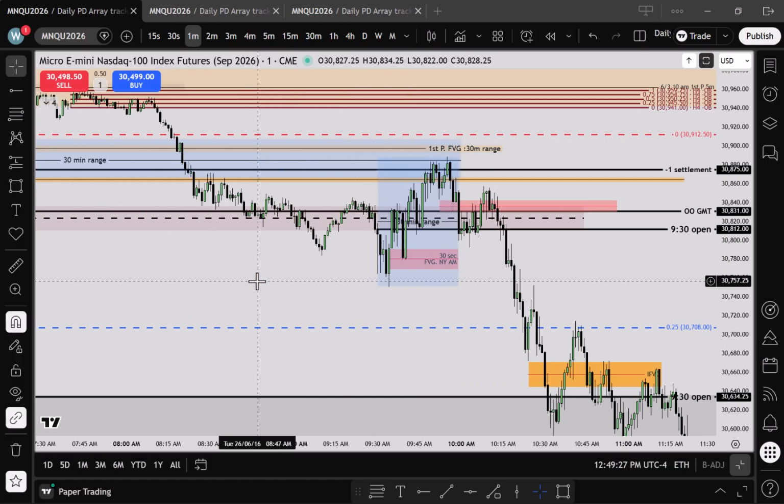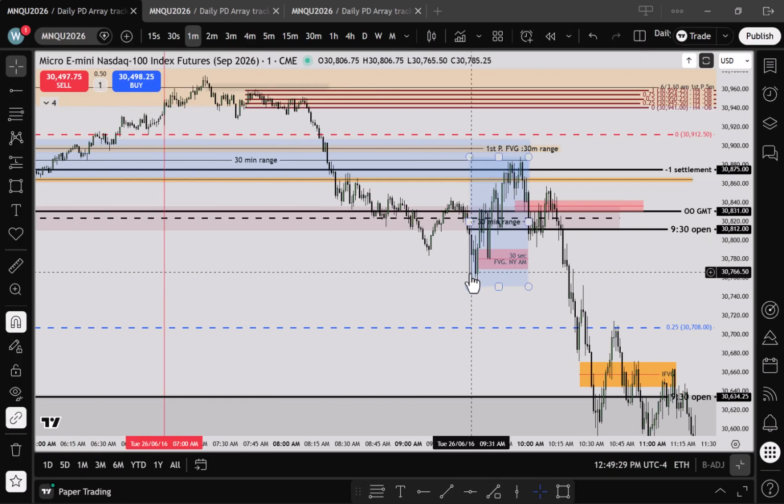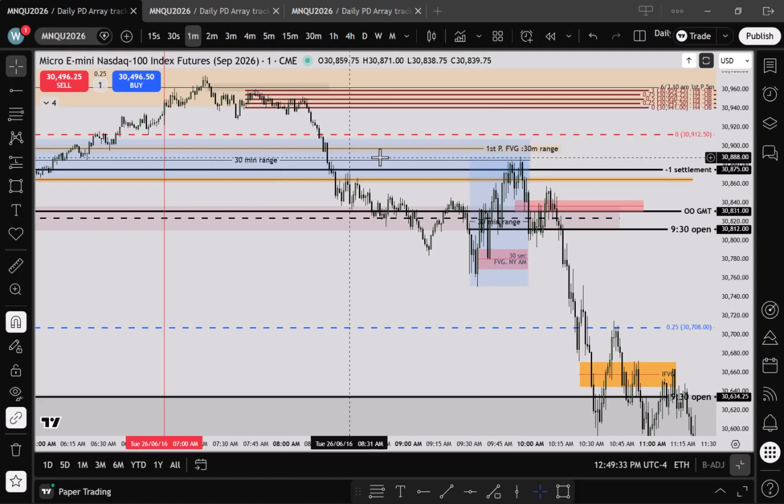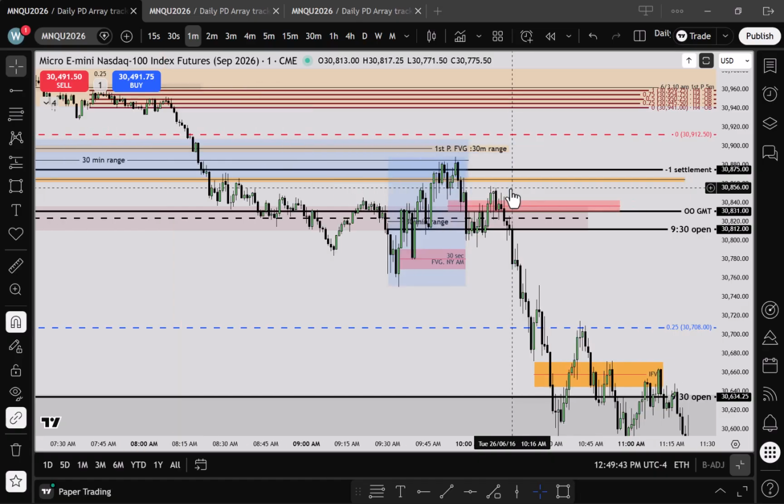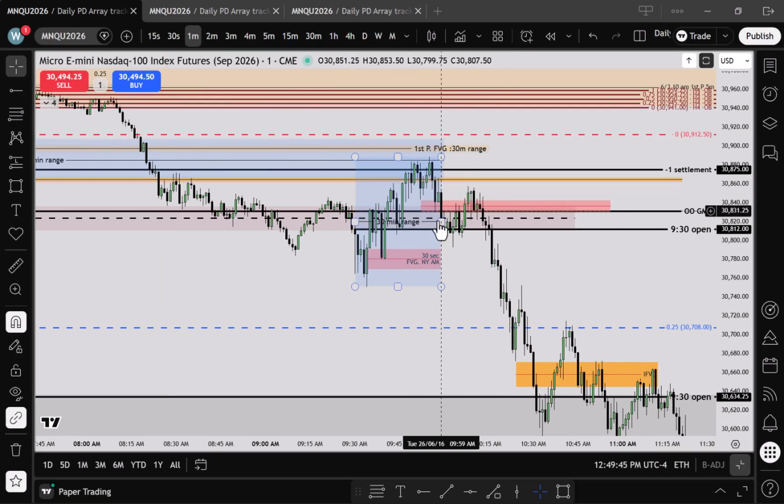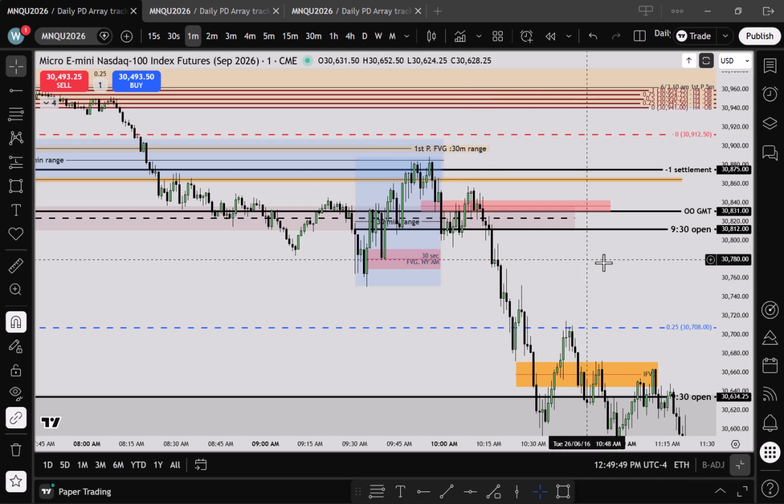So as we open at 9:30 here, I dragged this previous range over, and we never made it above the consequent encroachment of that range. And so here we're banging around. What I was going to say was,